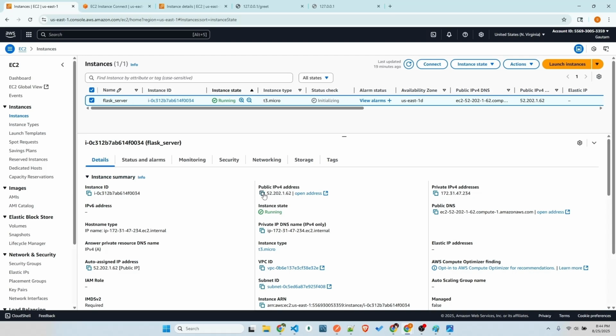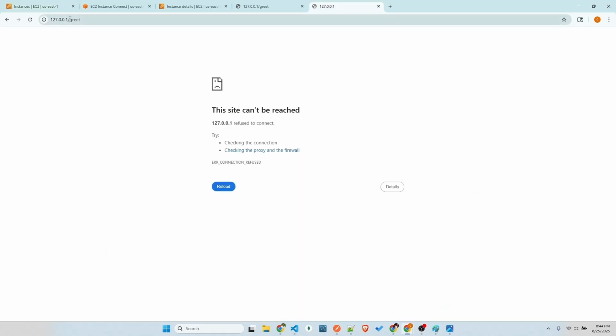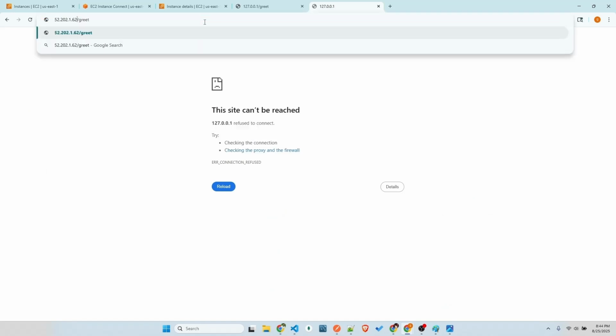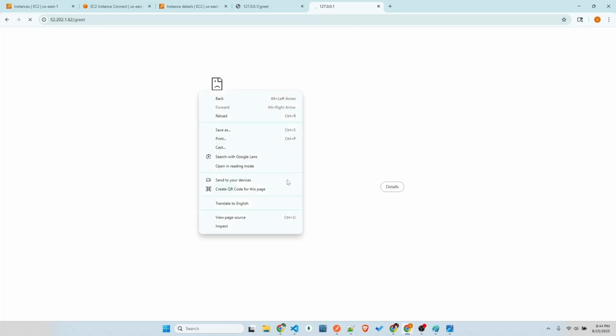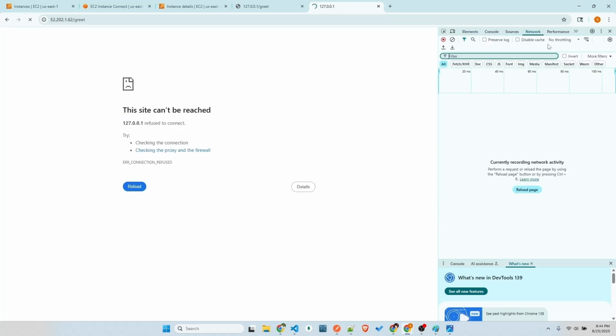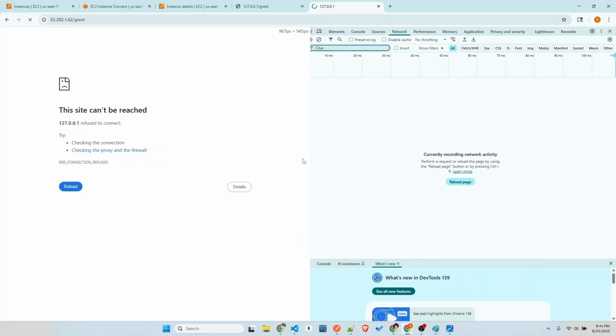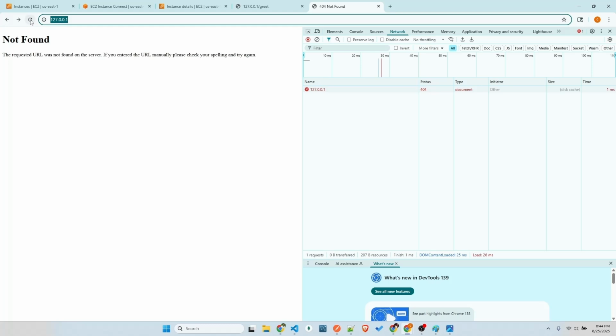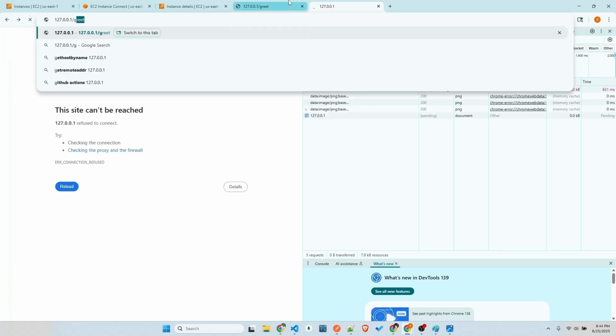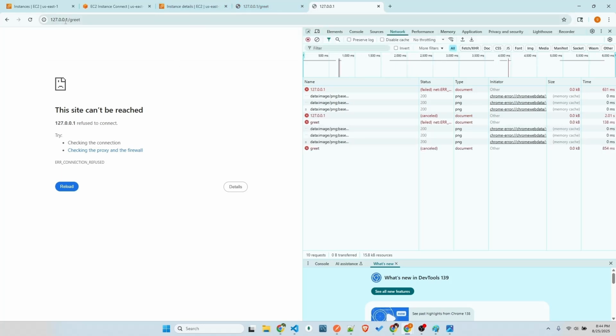address for free. Just copy it, go here, paste this IP address over here, and click it. You can clearly see it's just loading the page, and you can even do an inspect and go to the network tab. You can clearly see that you don't have any request here. Let me re-trigger it. Okay, but the IP address is a different one. Just click here. You can see there is a request